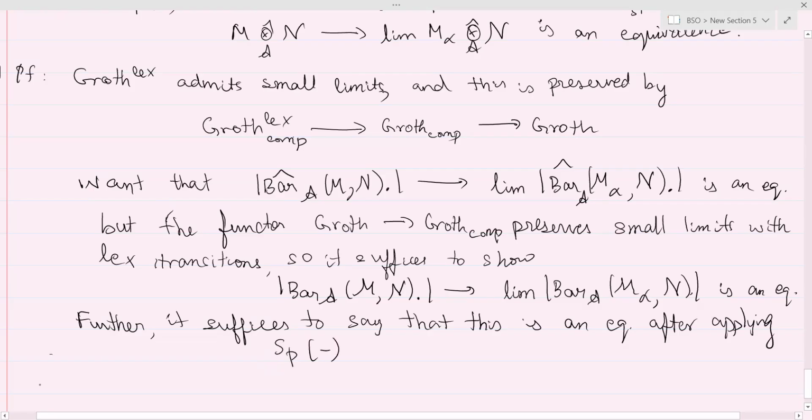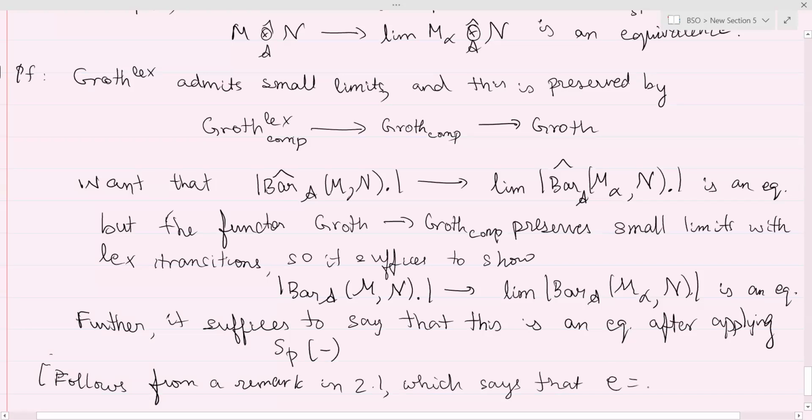I think this follows from a remark in section 2.1, which says that if C is the limit of A alpha with Lex transitions,